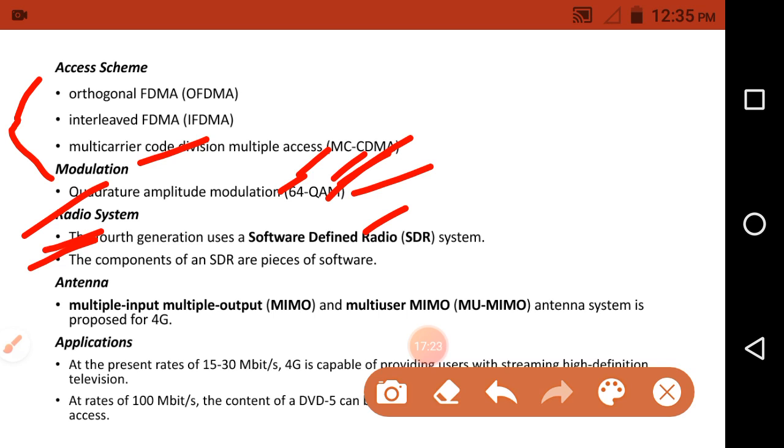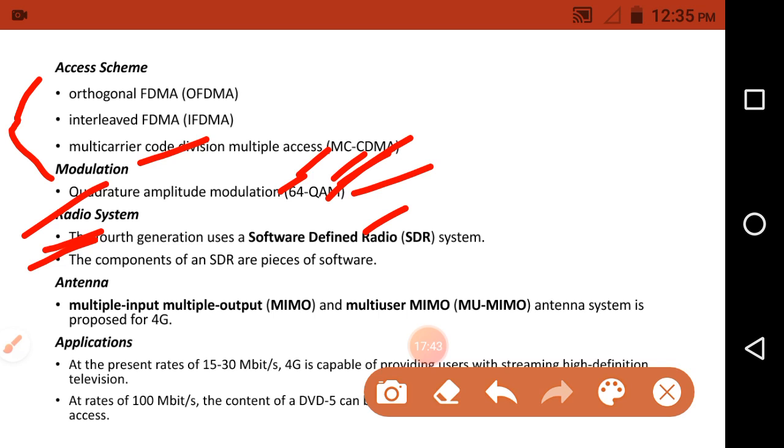For example, if there is any interference or disturbance between cells, as we already discussed in the frequency reuse principle, because if two cells use the same frequency there will be disturbance, then at that time we need to change the frequency set. How?